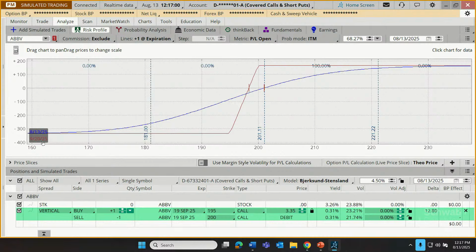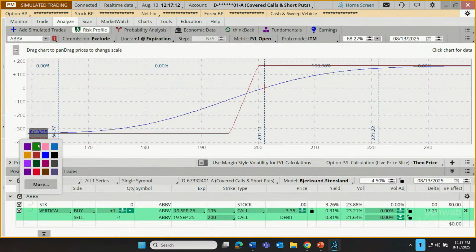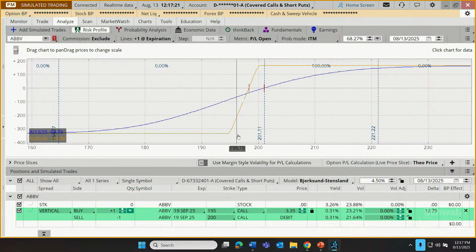If you squint your eyes at these colors here, by the way, if you want stronger contrast, you can just right-click on them and change the color scheme. You'll get a little pop-up palette like this. So for example, let's switch this one to orange. You'll notice that changed the color scheme to orange, and now we have an orange line on our chart so that it coordinates with the numbers being displayed. So we have profit or loss for expiration, and we have profit or loss for today.